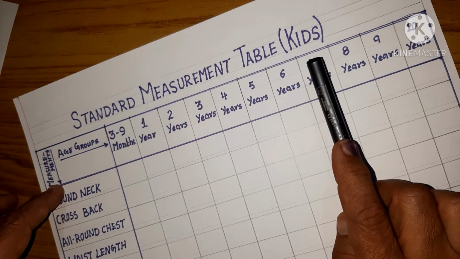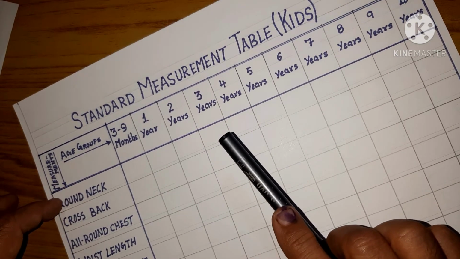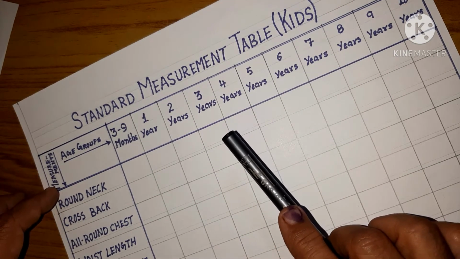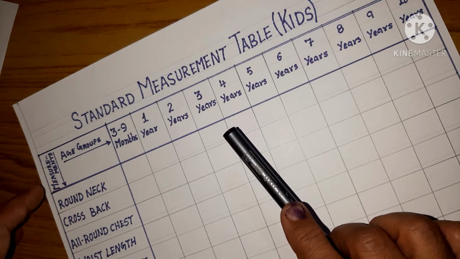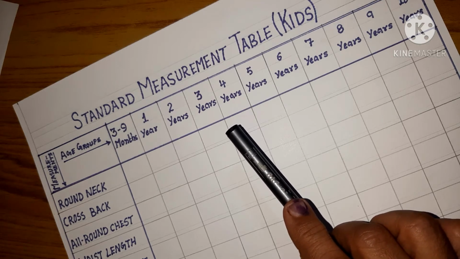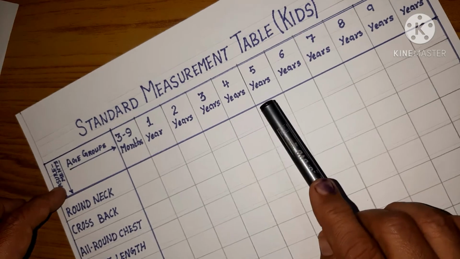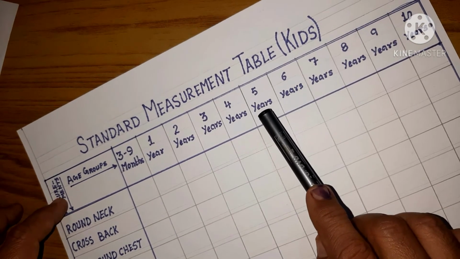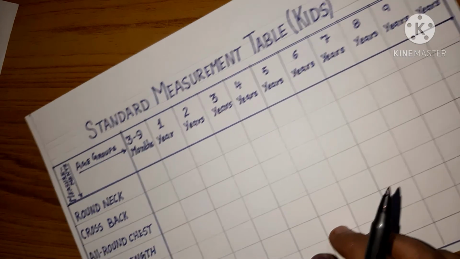That means now we would be looking at the ideal measurements which are generally used in the garment industry, or the ready-made garment industry. But when you are planning or designing a dress for a specific kid, you have to take the measurement of the child as per the actual child. So first we would be looking at the measurements of kids. What are the standard measurements, actually.